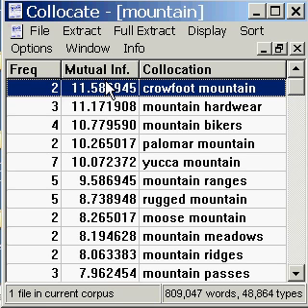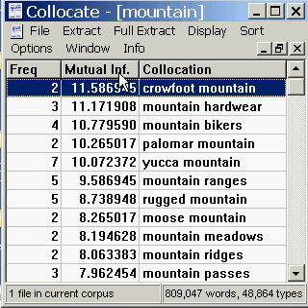But we also notice it's only occurring twice, so with mutual information you have to be a little bit careful. You get a very strong collocation. Crowfoot is very closely associated with mountain, and mountain with Crowfoot to some extent, but it's also very rare. So that's part of your decision making in terms of judging the strength of the connection and also the frequency.